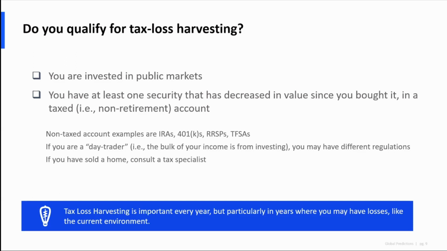The good and bad news is that this has been a tumultuous year for markets. So there's probably a lot of opportunity to look at your portfolio and think, that thing's gone down since I bought it, maybe I should use that to harvest. Or, I actually sold that at a good time, but now I have a capital gain, so what should I do about that? Those are the types of things that we're going to go through.